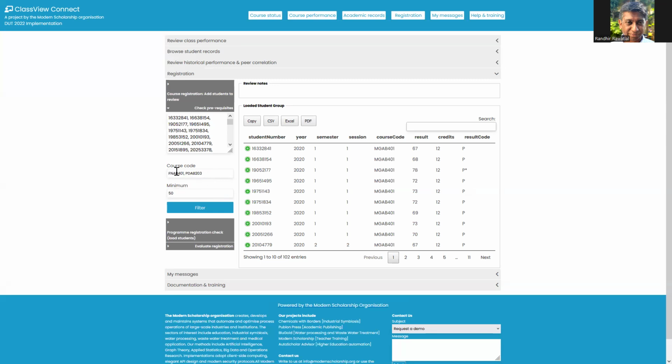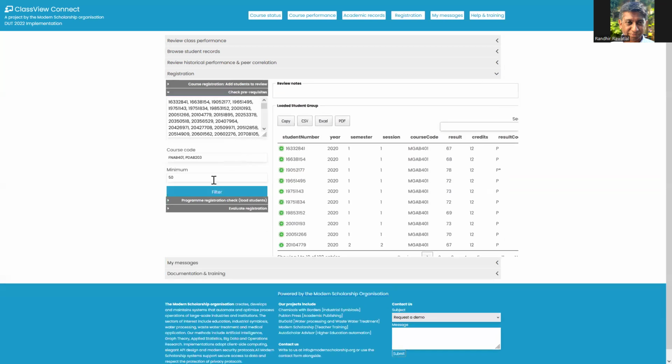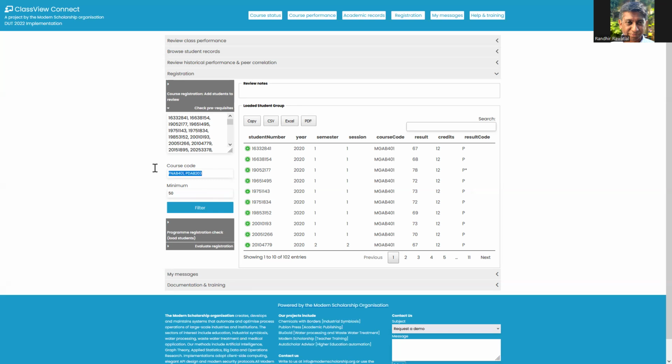I'm just checking against two courses. This is not really the case, but I'm just simulating the case where these two courses are the prerequisites to the course of interest. So this was the course of interest. We want to know whether the students are allowed to register for this course. So we enter the two courses of interest here and we set the minimum mark there,